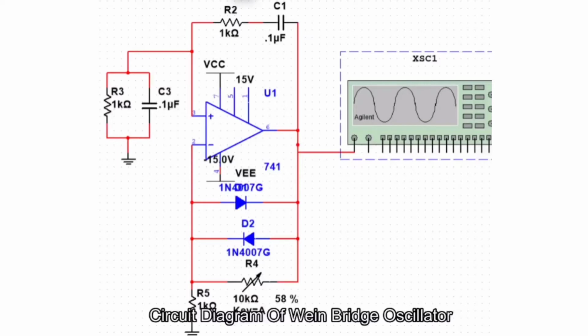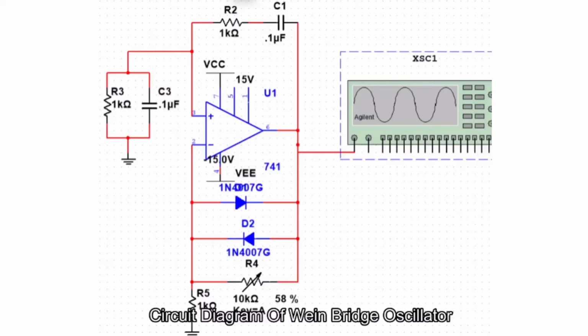This is the circuit diagram of a Wien bridge, which is an RC oscillator. It is used to produce sine wave oscillation at the output without giving any input. In this, as the amplifier we have used IC741, and for feedback we are using the Wien bridge circuit that has a series RC in one arm and a parallel RC in the adjoining arm with the same component values.